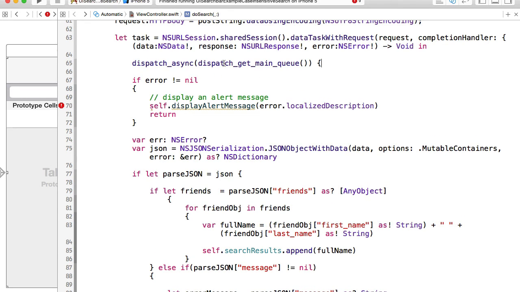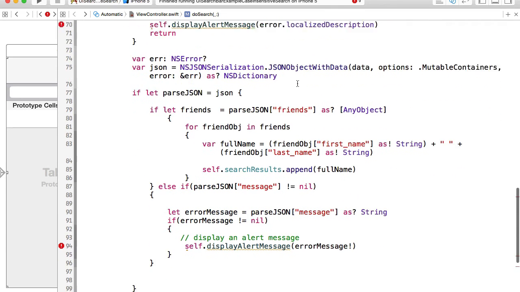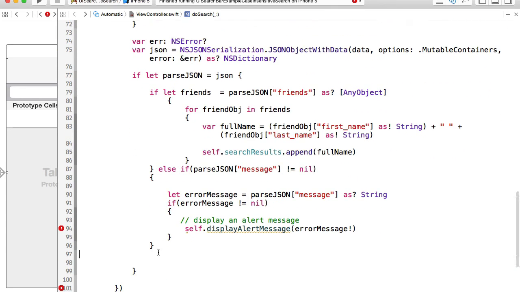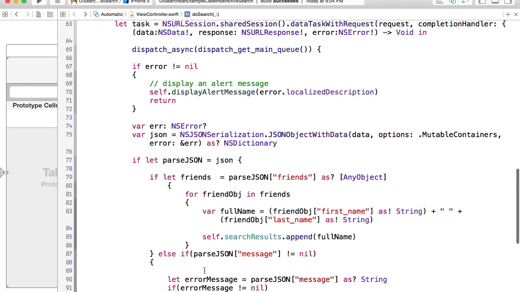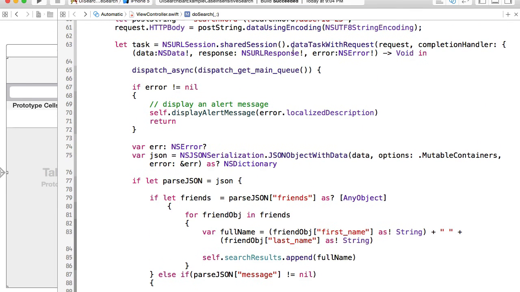So I'll dispatch async, dispatch get main queue, and I will add another curly bracket here. Let's build it to make sure everything is okay. Yes. And again, I do it because this data task with the request will be executed on a separate